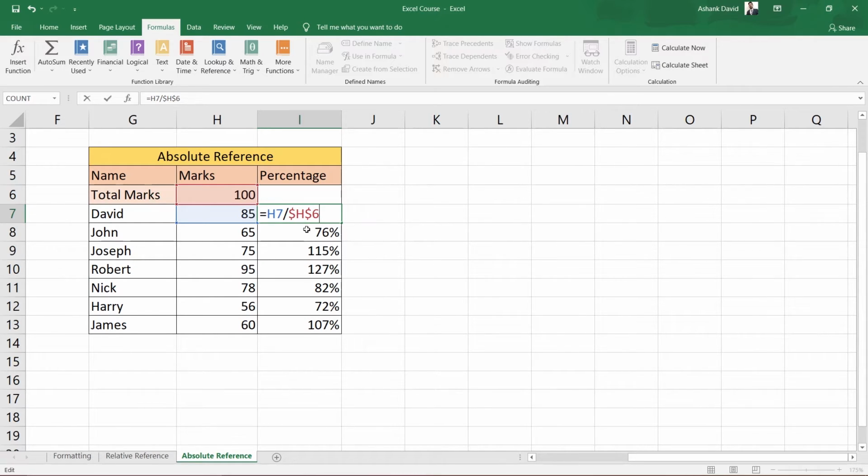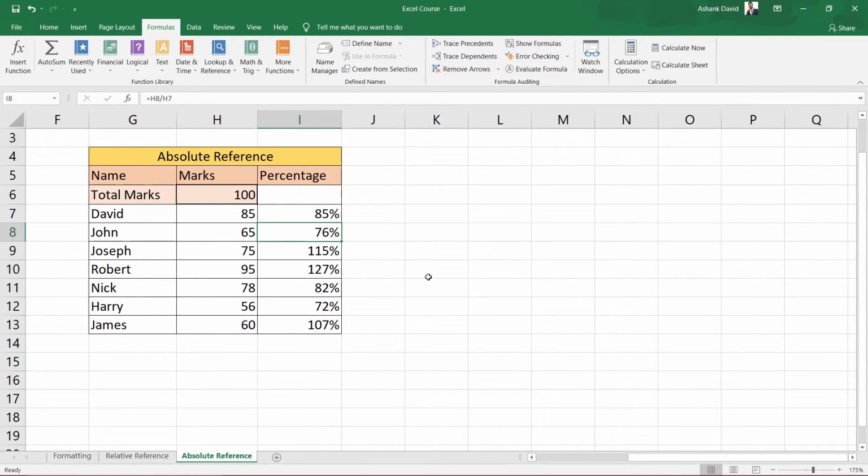And again, if we use the drag and hold method for the other cells, this H6 cell will be fixed and only this H7 will change to the respective one. So this H7 will go to H8 on this one, and here it will go H9 divided by H6 for this one, and so on like that.